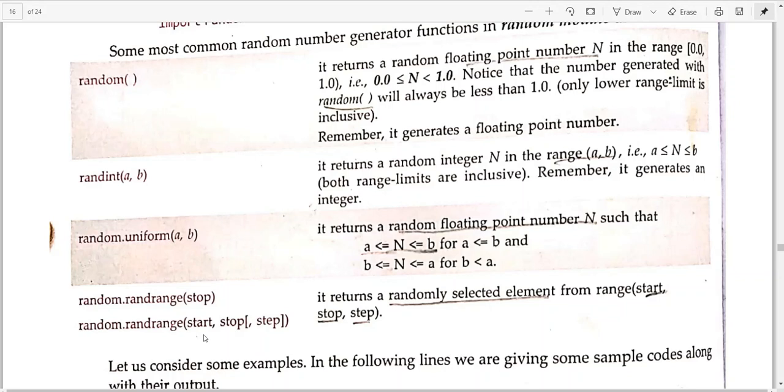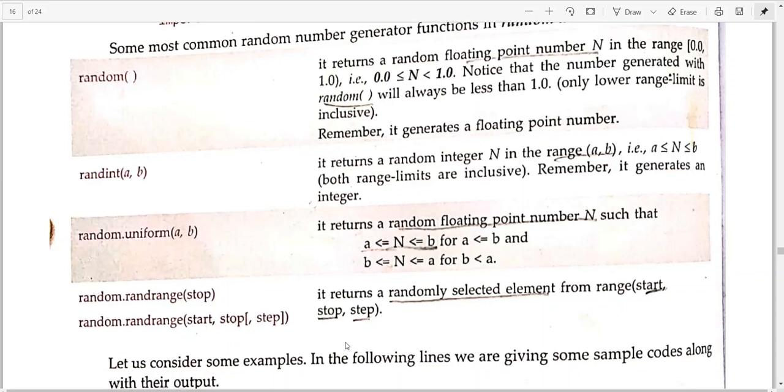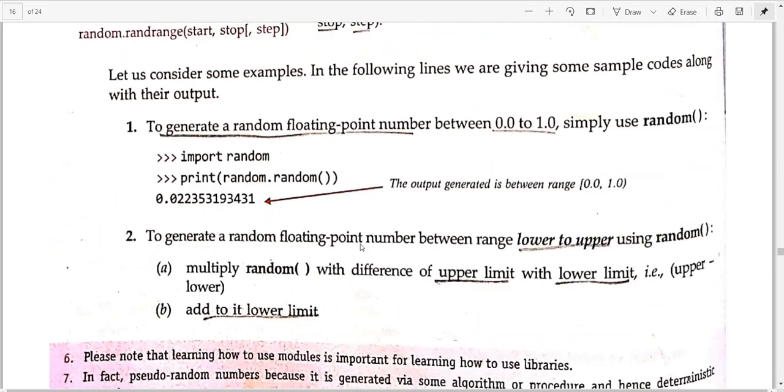So it is totally up to you. If you mention only stop, then it will start from 1. Okay, and if you are specifying the start and stop and the step, it will act accordingly. Okay, so let us consider a few examples one by one.